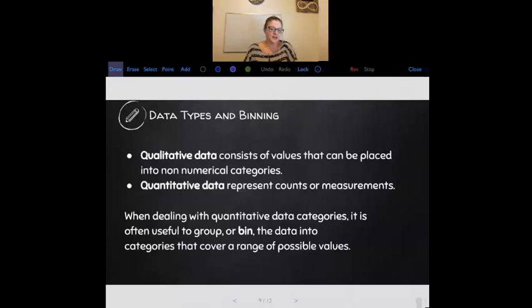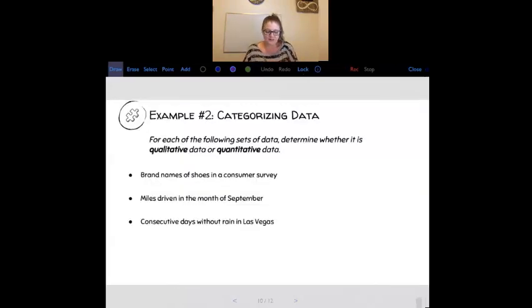And then another note, when dealing with quantitative data categories, it is helpful to use a group or a bin, like we did on the previous example, to make sure you cover the range of possible values. Okay. So just a couple of examples with categorizing data. Determine whether the following are qualitative data or quantitative data. So brand names of shoes in a consumer survey. So we're talking about brand names here. This would be